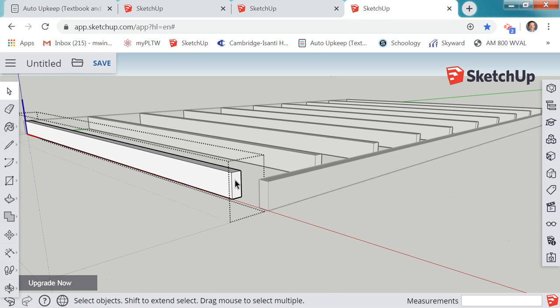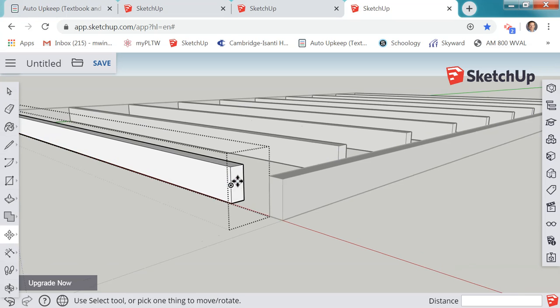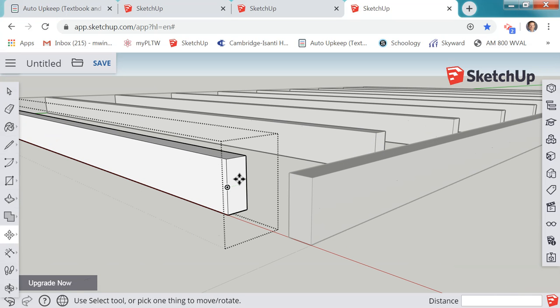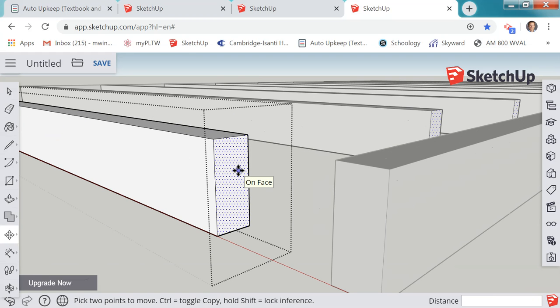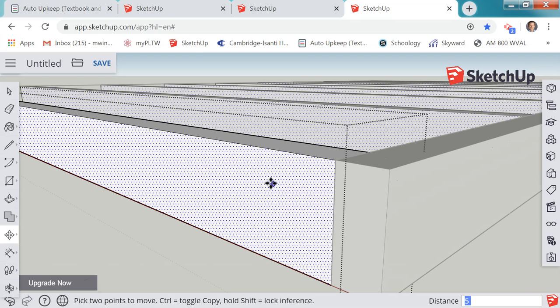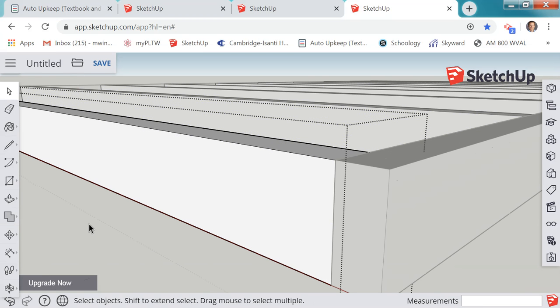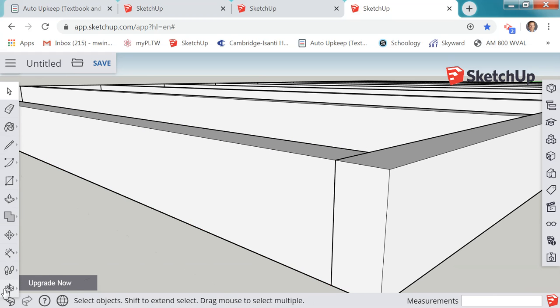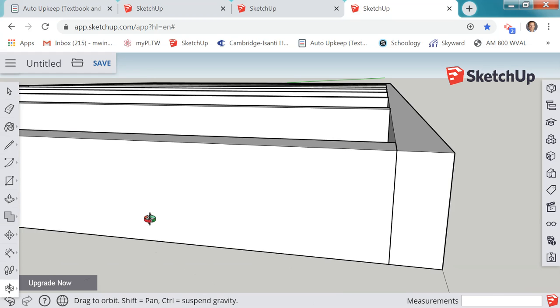left click here so I highlight it, and I'm going to move these floor joists. Make sure you highlight the edge here. Sometimes it's a little tricky to find it. Right here, left click, and I want to pull it 5 inches. And I'm going to just double click so it goes back to the original screen, and voila, it brought it